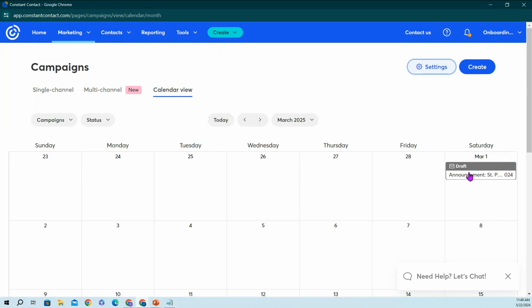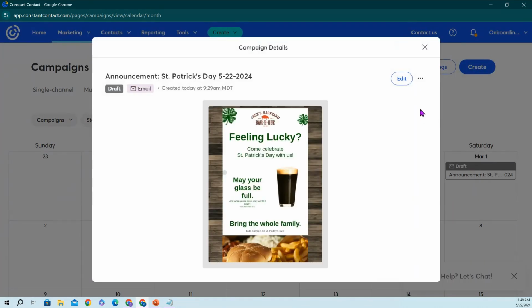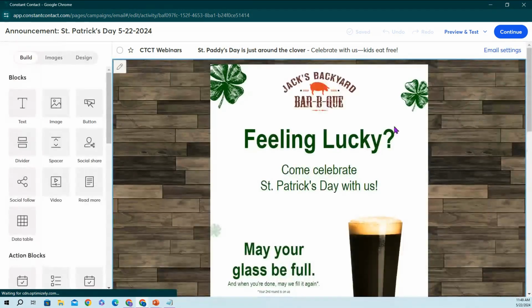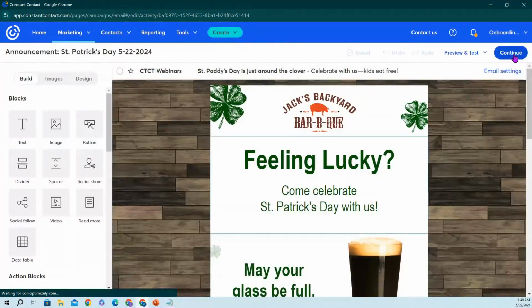So I'm going to get into this draft one here. So when you're in your edit mode and you're going to schedule it out, there's a final step that you need to take because it will not go out automatically. Just because you put it on that date, it's just a placeholder until you do this final step. So let's see here. Okay, so when I go over here to continue,